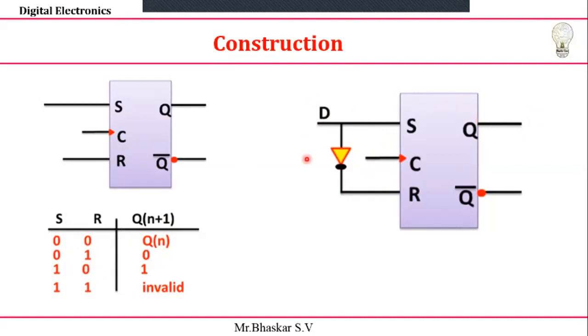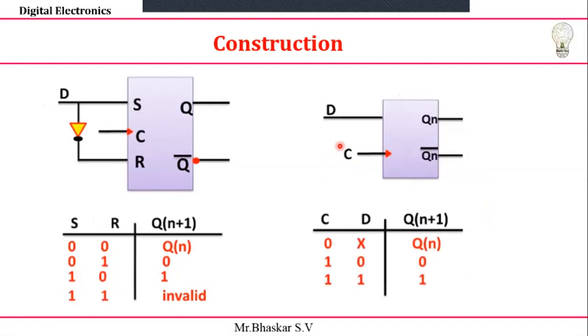Then this is a small circuit constructed using the SR flip-flop. So how do we construct a D flip-flop from the SR flip-flop? Very simple. We just use one NOT gate between the S and R values, and it is connected to the D input. Okay, next, how do we write the truth table for this case?